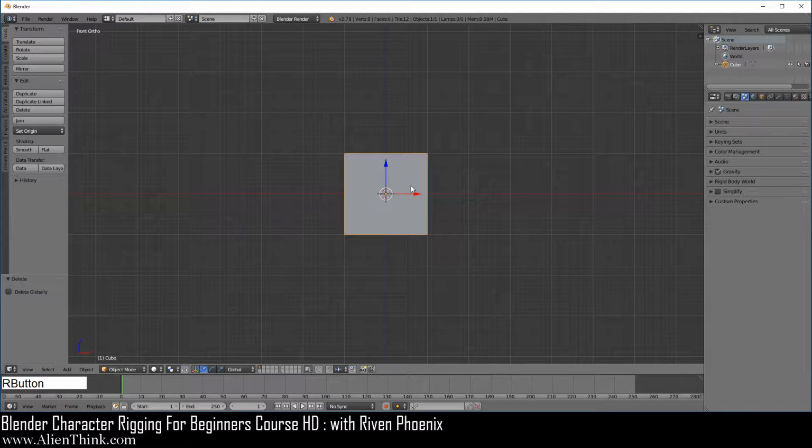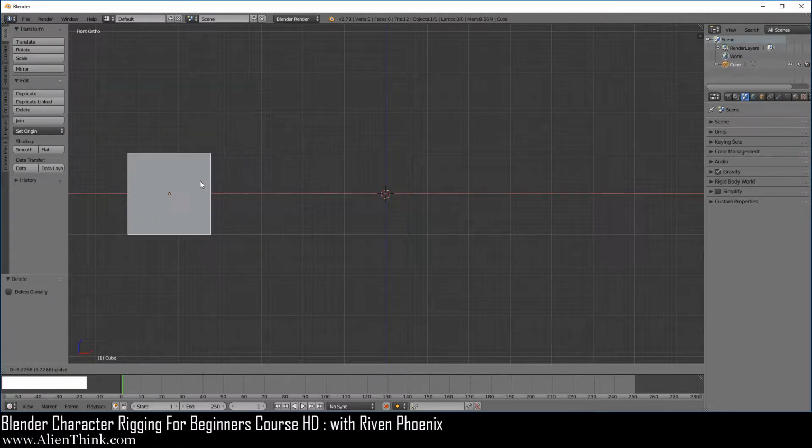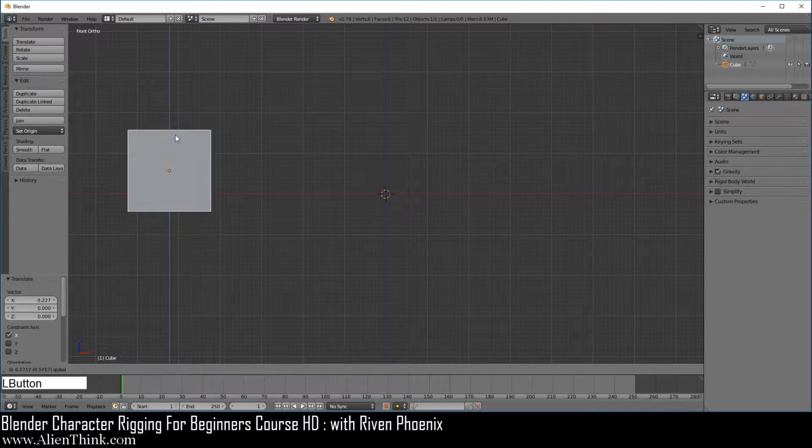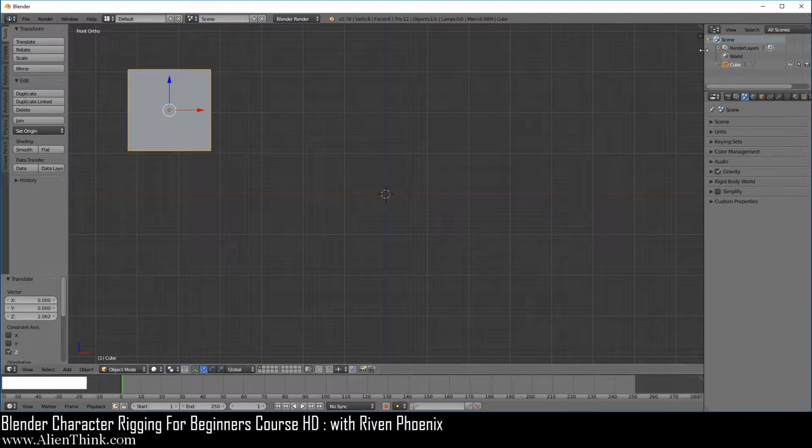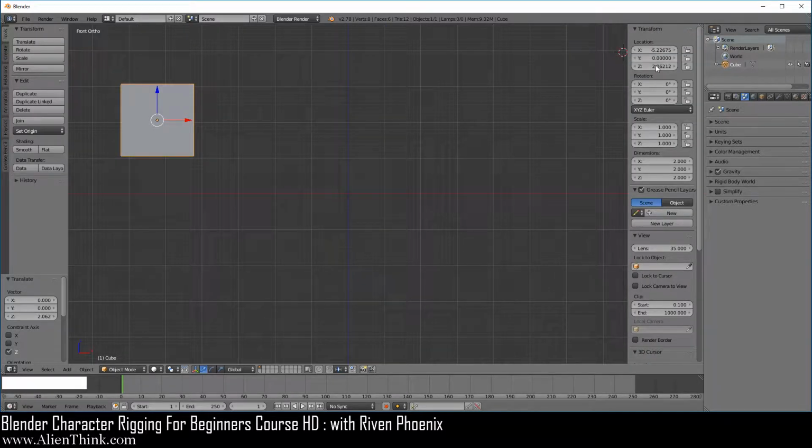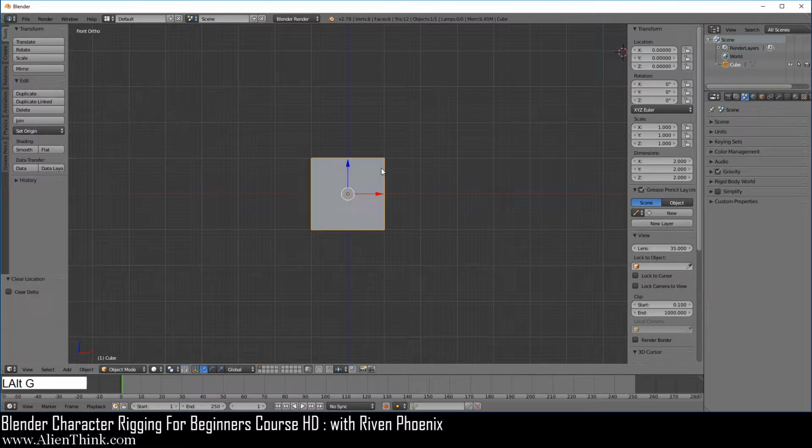Go ahead and click on this cube over here and click on the red arrow and move it to the left and click on the blue arrow and move it up. Now if you open up the transform menu over here, notice that we've changed the location of this object from its starting point, which is the center of the 3D grid. So if you click on this object, press Alt G, it's going to reset the location.